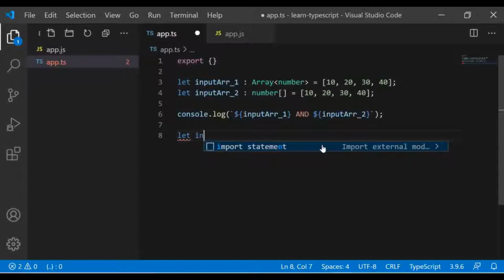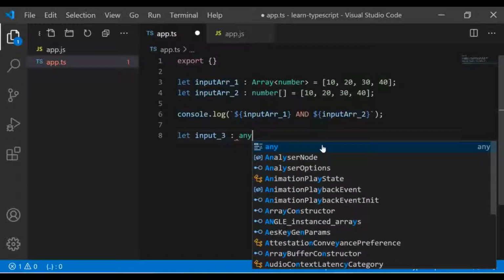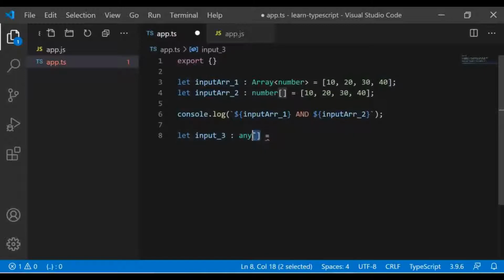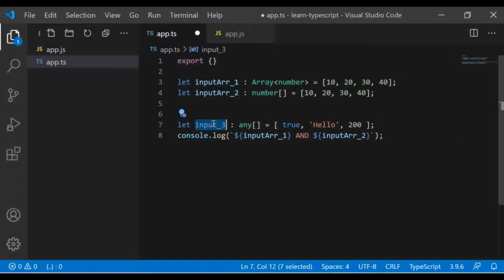Okay, there is one more way to declare an array, but that is not recommended at all. I'm just showing you what is possible here. So you can use one more thing called any. Okay, so any is pretty much like I'm telling TypeScript to stop checking. Okay, so using any type, I can use the same square braces, and then here you can write anything like true, a string, okay, a number, anything, and the application will work.